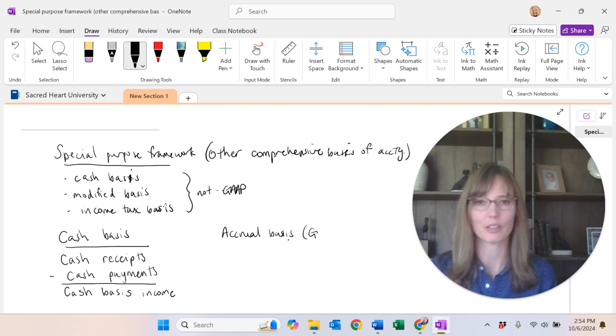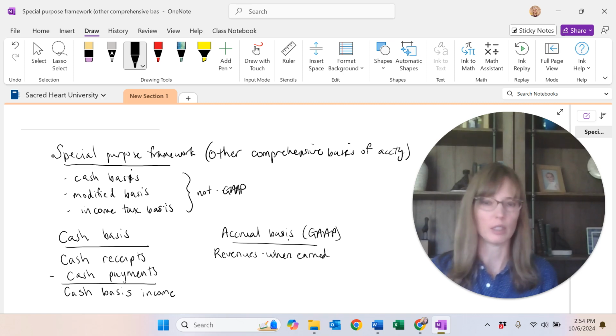This is different from what we know as the accrual basis financial statements or generally accepted accounting principles, where we have our revenues recorded when earned, meaning your goods have been sold to the customers, or services have been provided to the customers, and expenses when one of a few things happens, either when they're incurred. We used our utilities for this month, and at the end of the month we got our bill, so we record that expense. Sometimes these expenses are matched with a related revenue,